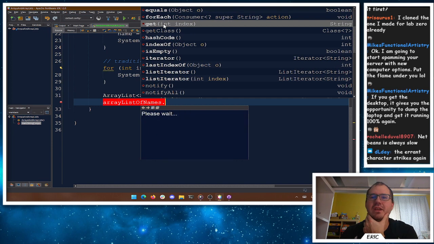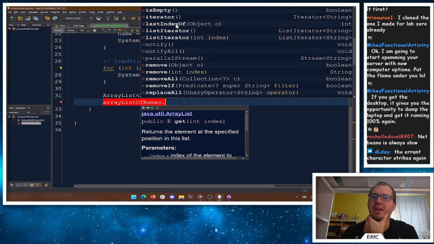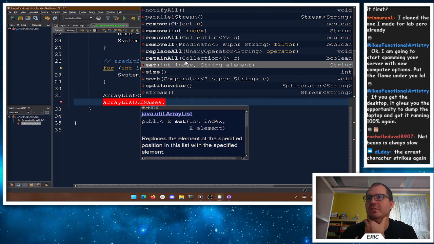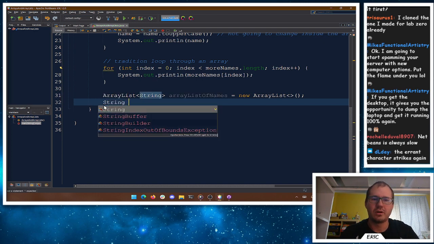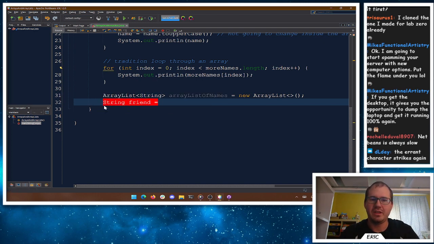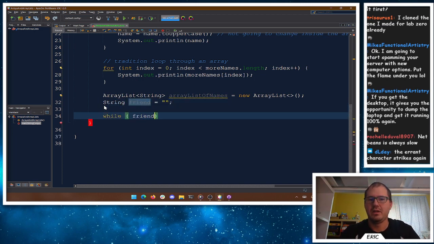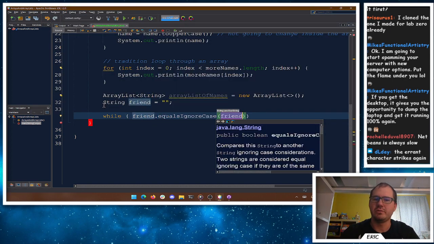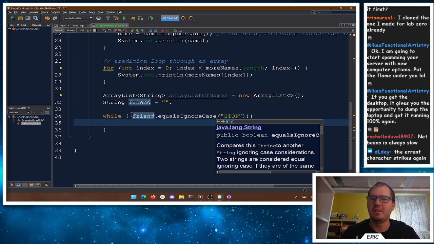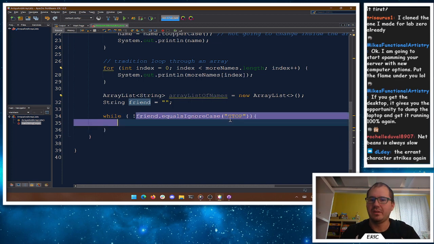Now get is how you'd get a given value out. You can get a given index, or you can set a given index. You can get and set if you want, which is pretty fun. But we could say, you know, let's do a loop here. So we'll say here's a string for, how about friend? We'll just say is something here, and we'll say while friend.equalsIgnoreCase. Anytime we're comparing strings, probably ignoring case if we're going to deal with user input. I doubt anybody has a friend named stop. So we'll say while our friend's name is not equal to stop, with our not here, do a little